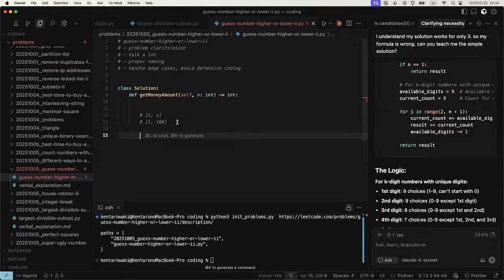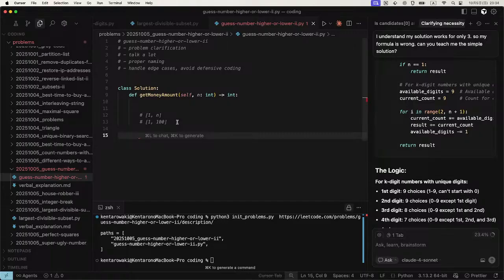Okay, so guessing a higher number is higher risk. Okay, so we want to reduce the number of